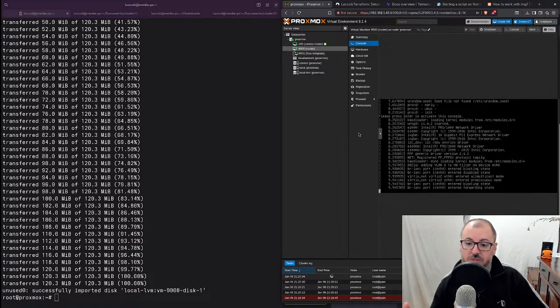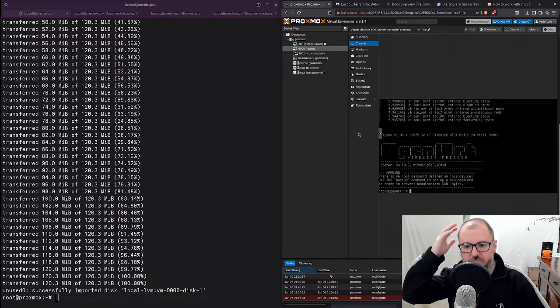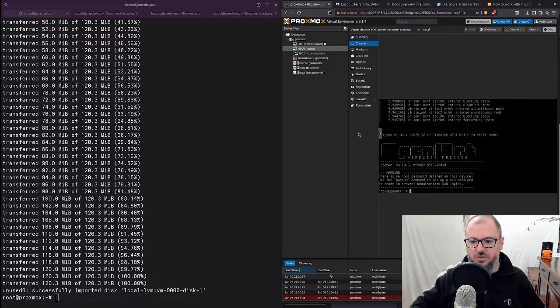Let's wait a bit. Okay. There is no root password defined for this device. Use the password command to set a new password in order to prevent unauthorized SSH login. So this is great because it means that